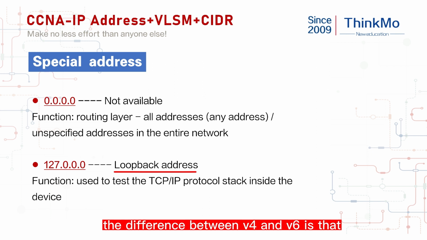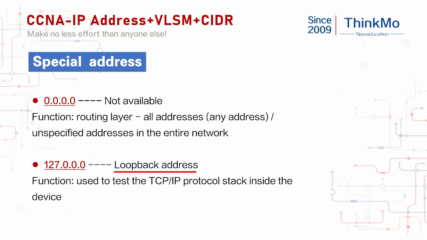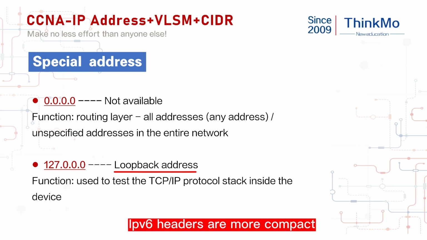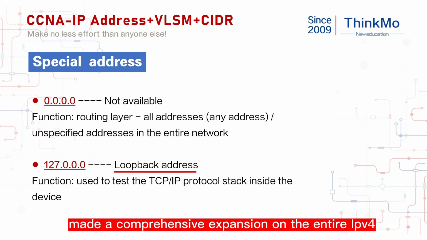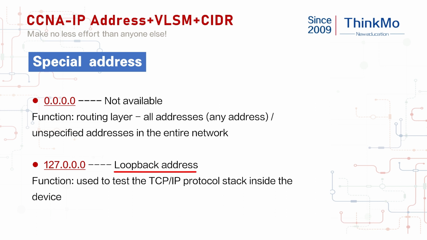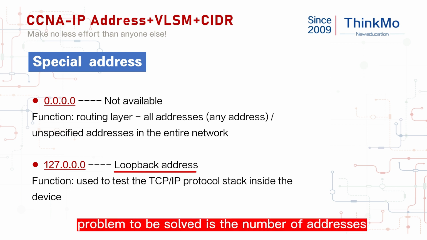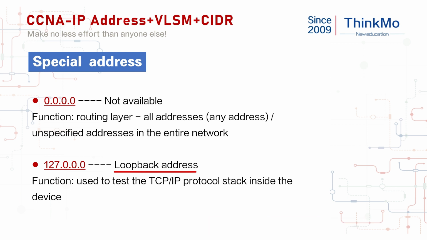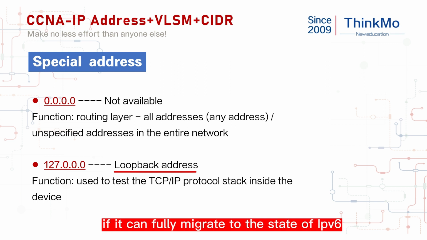The difference between v4 and v6 is that the first point is the address space. IPv4 is 32-bit. IPv6 is 128 bits. IPv6 headers are more compact, take up less space, and implement more functions. It made a comprehensive expansion of the entire IPv4. In fact, the first problem to be solved is the number of addresses. In the future, if it can fully migrate to the state of IPv6,